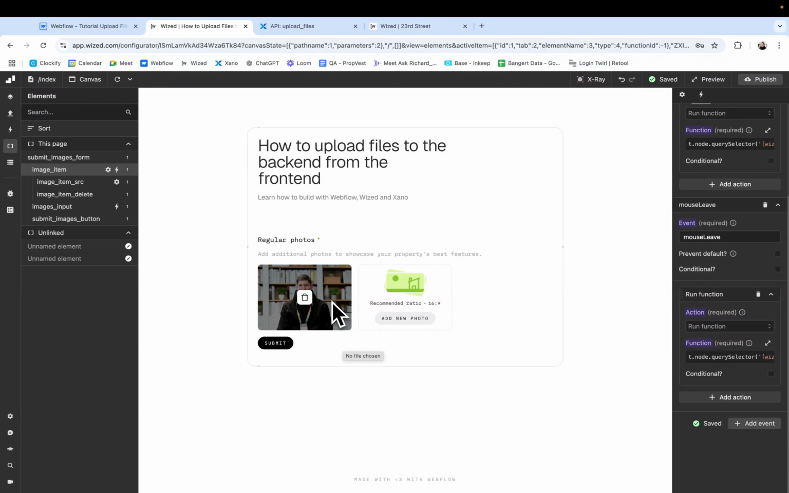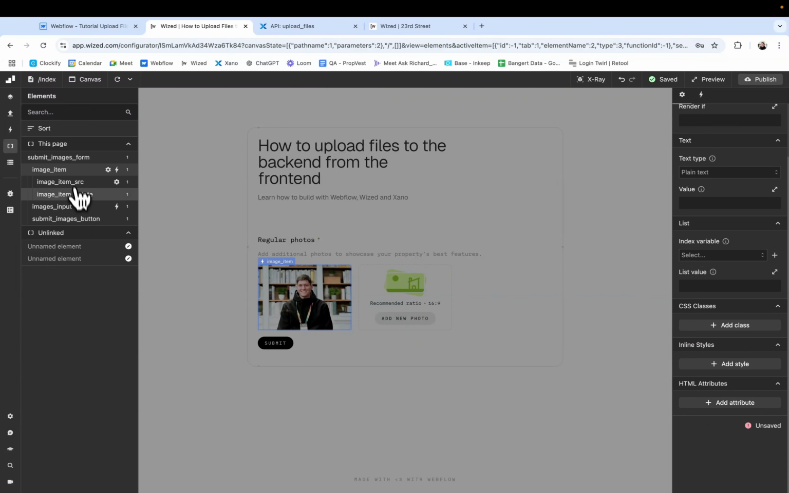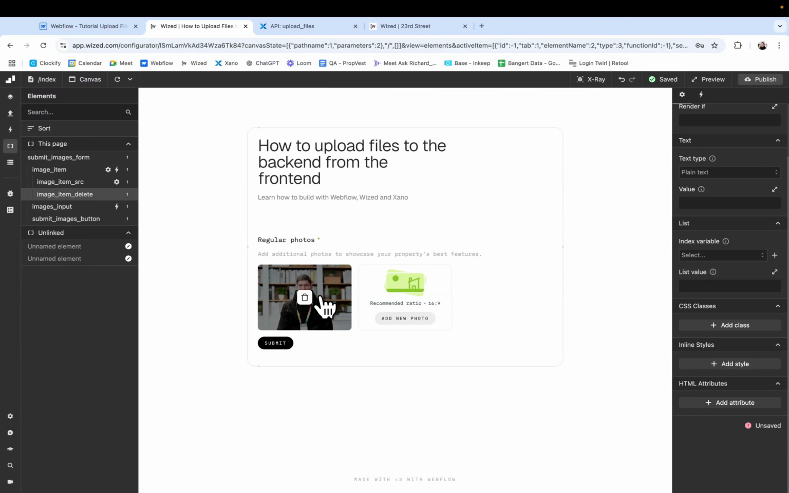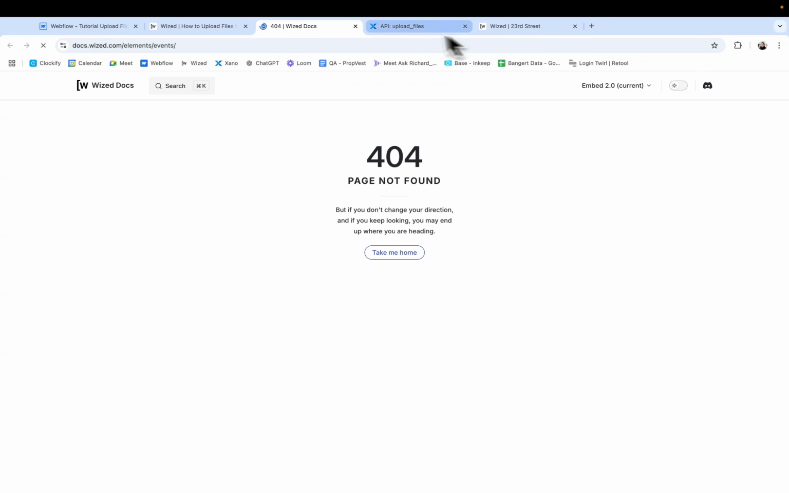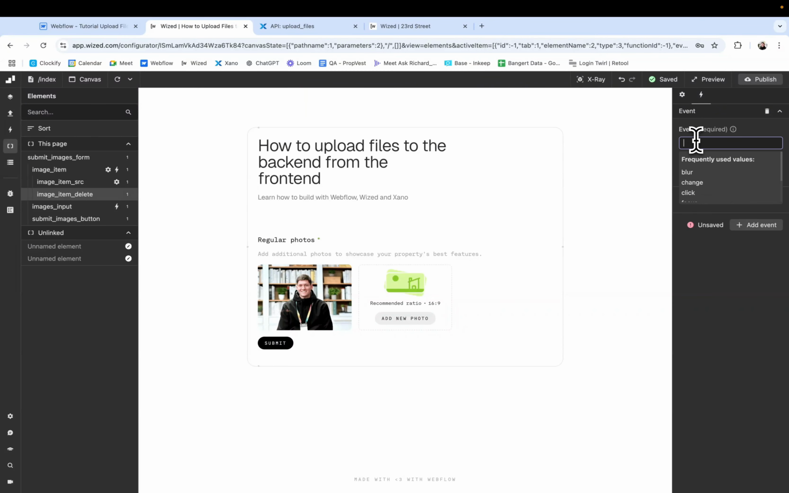Awesome. What else do we want to do? Here, for this image item delete, we want to make sure that we are able to remove the image out of this array, right? So image delete on event. Oh my God, sorry guys, I'm getting used to this. On click,